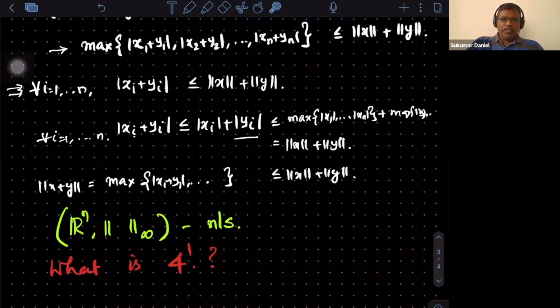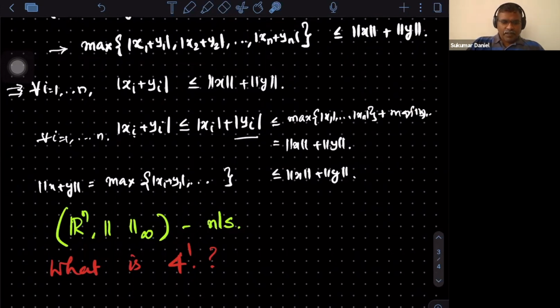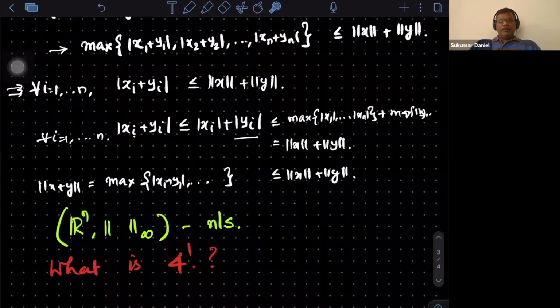Of course, I need to make sure what I mean by two different norms: there exists at least one element in Rn for which, if I find the norm in these two different norms, its value is different. For all x, if both norms coincide, it is just the same norm. Can you think of a vector where the one norm is different from the infinite norm? Is the question clear? Find an element in Rn where the one norm of that is different from the infinite norm.